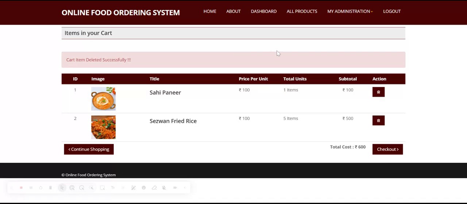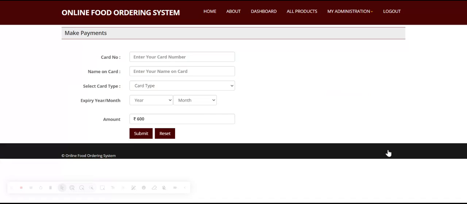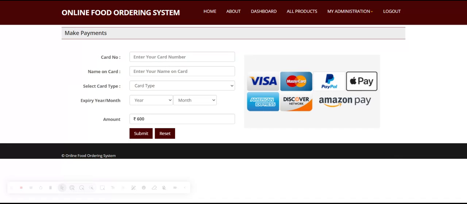So if you checked, okay, these are the list of items which you want to order, just click on the checkout, right? It will ask your card details. So this is a dummy payment page, there is nothing dynamic on it. This is not a real time payment, this is a dummy payment, right? You can add the card number here, name on the card, you can add anything, card type, the expiry date and month,